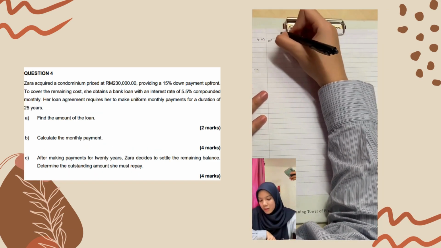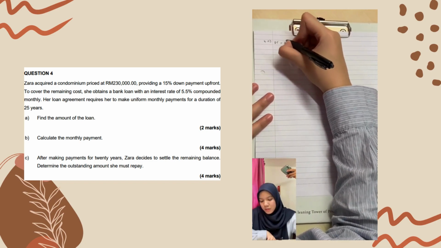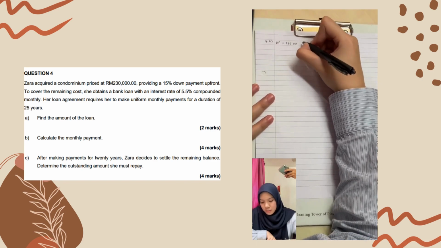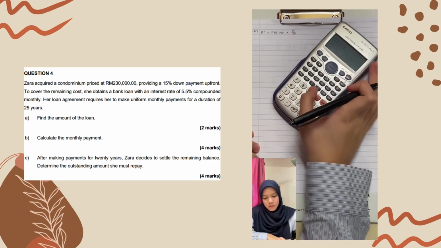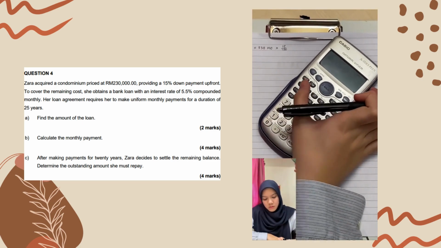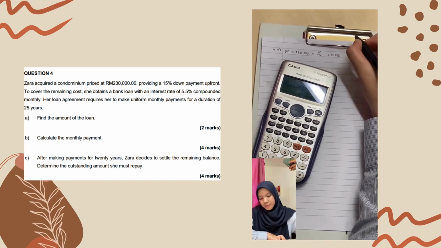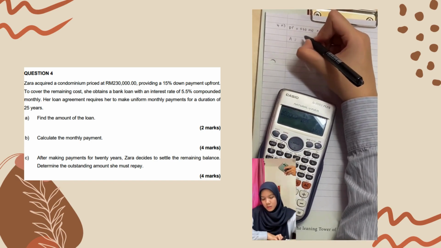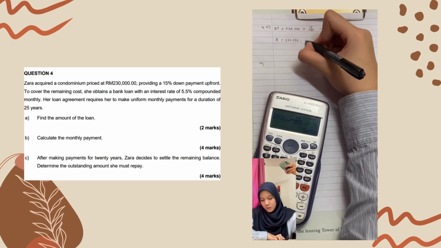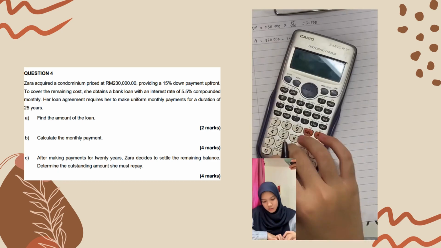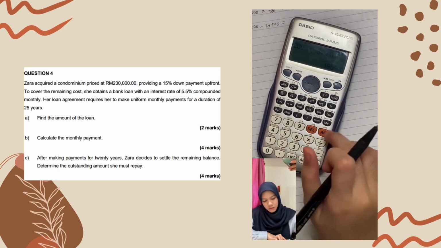Hi, my name is Rashda, and now I'm going to answer question number 4. For question number 4, we need to calculate the down payment. So, 230,000 multiply with 15 over 100. Get 34,500. For A, we subtract 230,000 with 34,500. Get